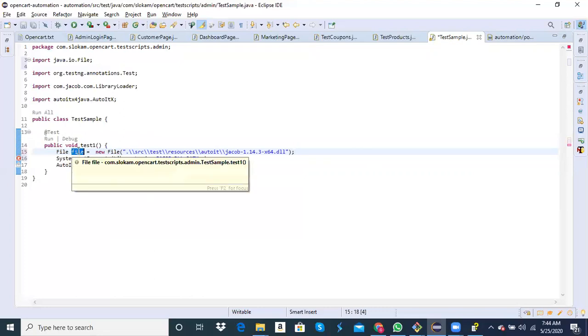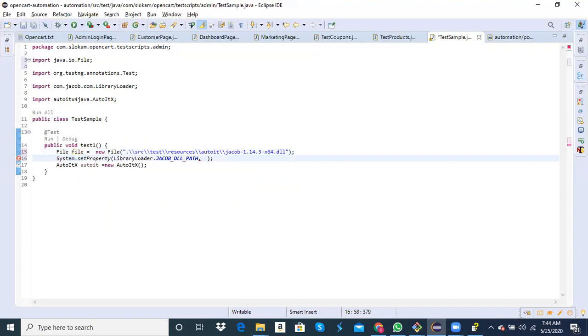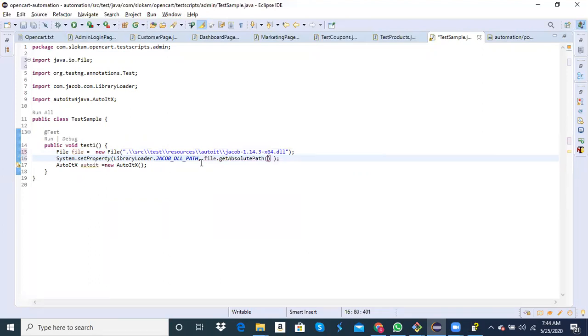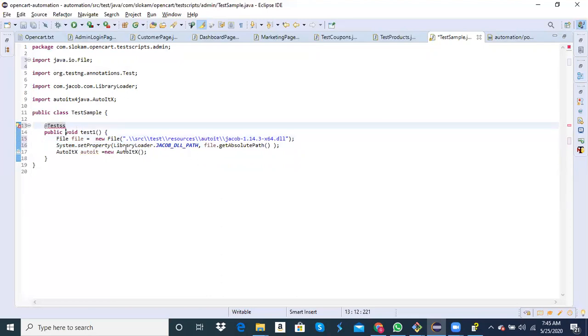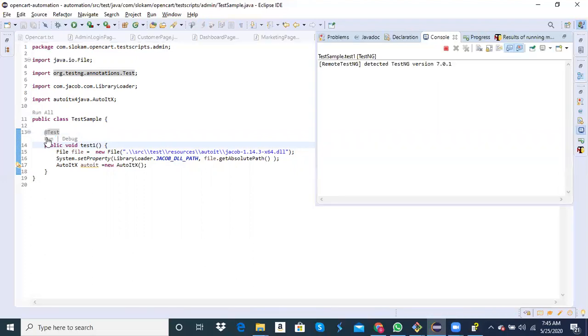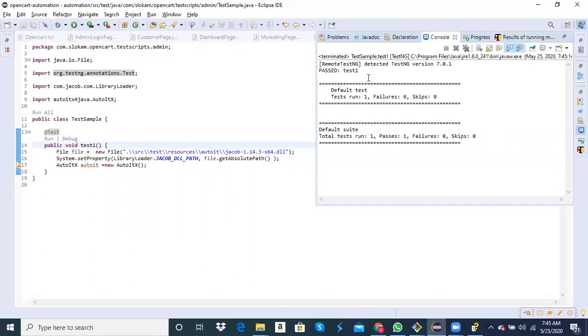This File has a method, dot getAbsolutePath. So with this, we get the absolute path which is required. Now I used that shortcut, and it is passed.